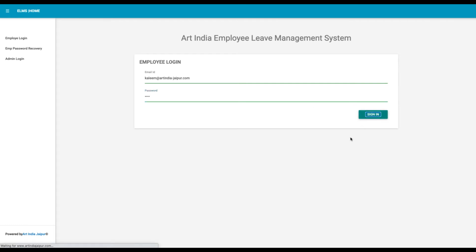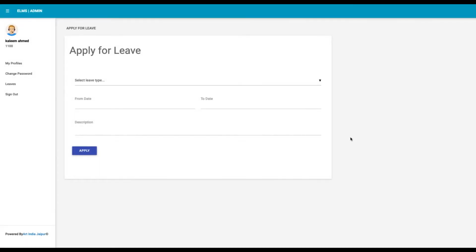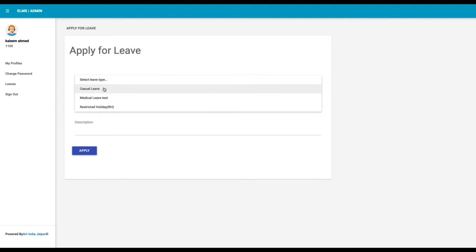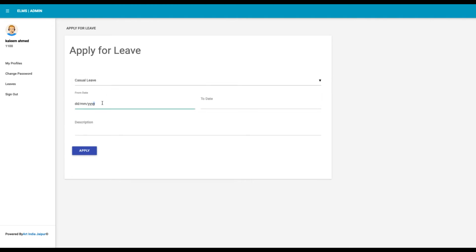As you click sign in, you will land on your dashboard of the leave application portal. Here you will see which type of leave you need to apply for, from date and to date, with description. Let's fill it up. Let's put casual leave.